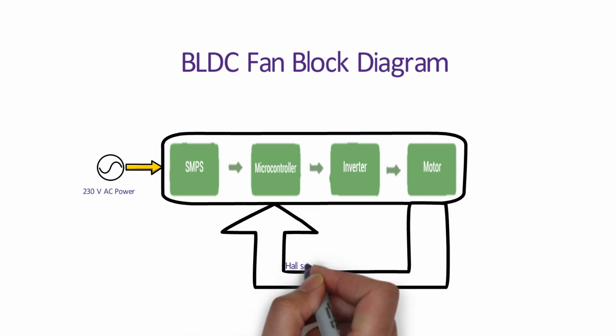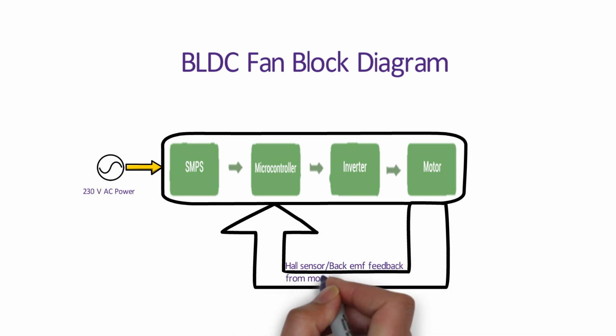Rotor position can be sensed using Hall sensor or a rotating encoder. Nowadays, reading back EMF in the stator coil acts as a feedback to microcontroller, which eliminates sensor requirement to read rotor position. With this advantage in the back EMF reading, the complete sensor unit can be eliminated. By reading the back EMF in the stator coil, the exact position of the rotor can be determined. That's all about all the units available in the BLDC fan.